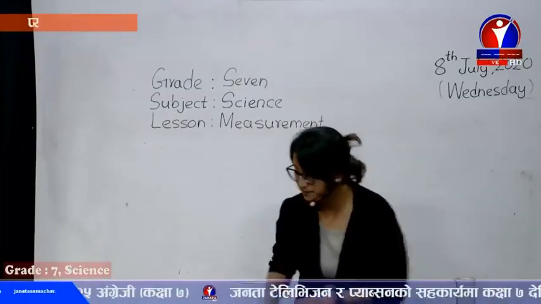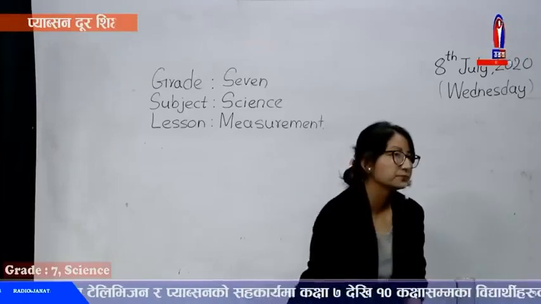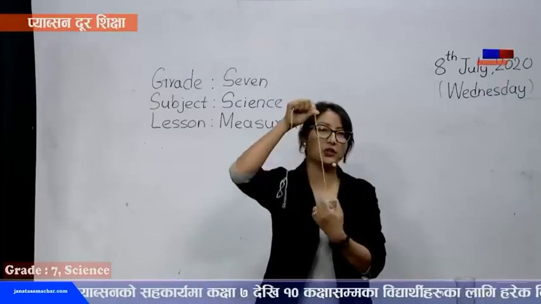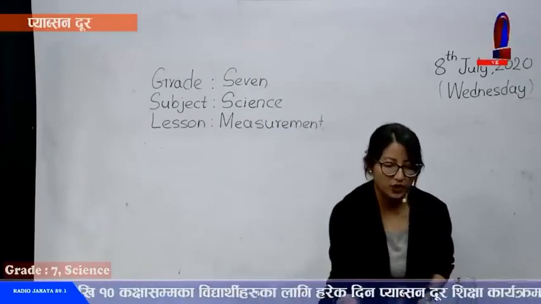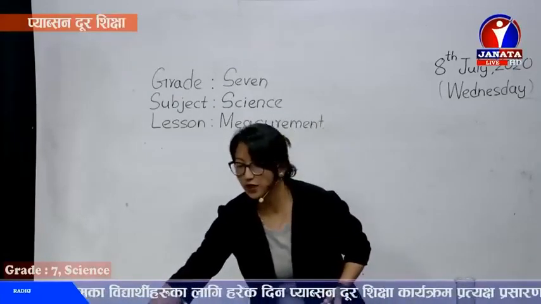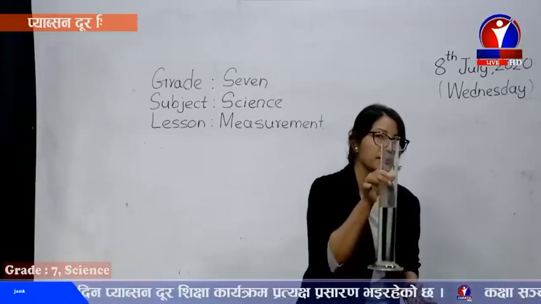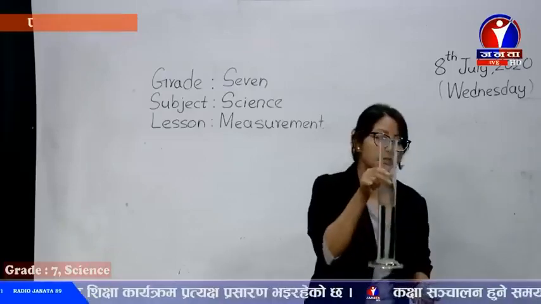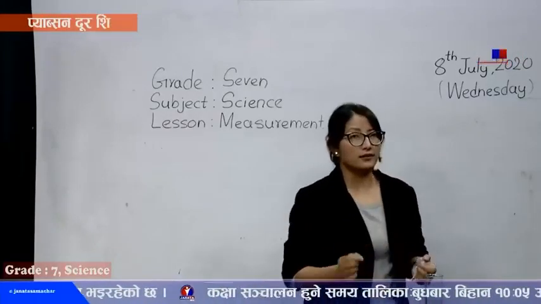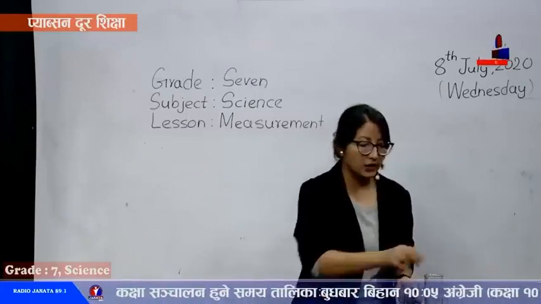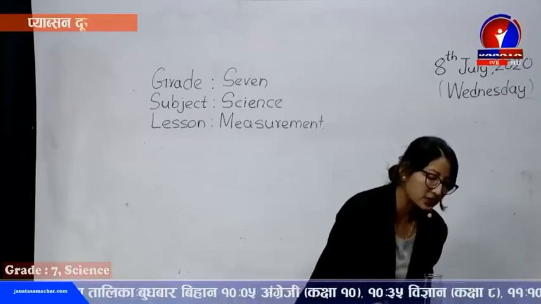I have an irregular object with me here. This is the irregular object. We are going to calculate the volume of this stone. For that, first of all, we need to measure the volume of the liquid. Here is a measuring cylinder. As I've already said, to record the exact level correctly, we should keep it on the surface in a still position. Now, I'll just record it.